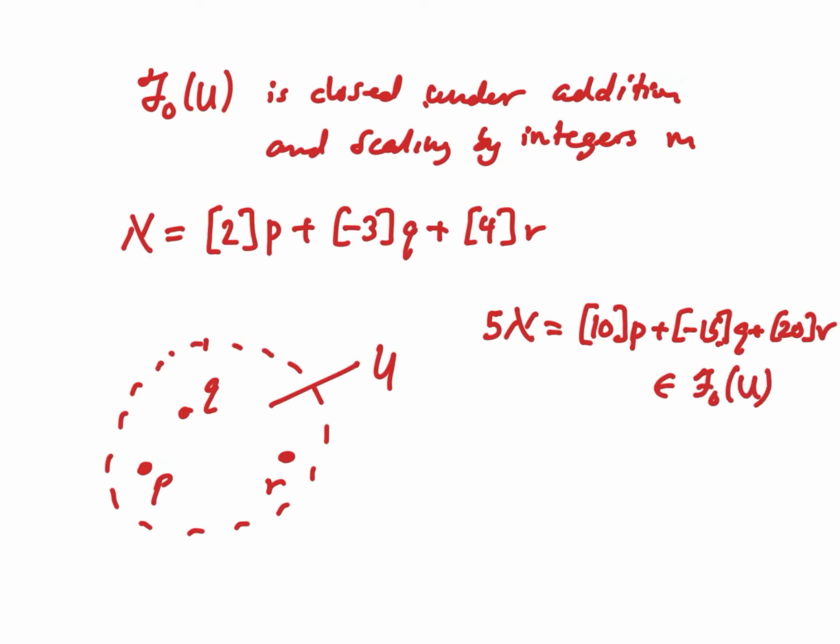You get that. And that's obviously still a formal sum of points in U. Okay? So we have a natural scaling operation by integer values. And then it's a Z module, by the same types of proofs as we did before. Same type of proof that worked for F1